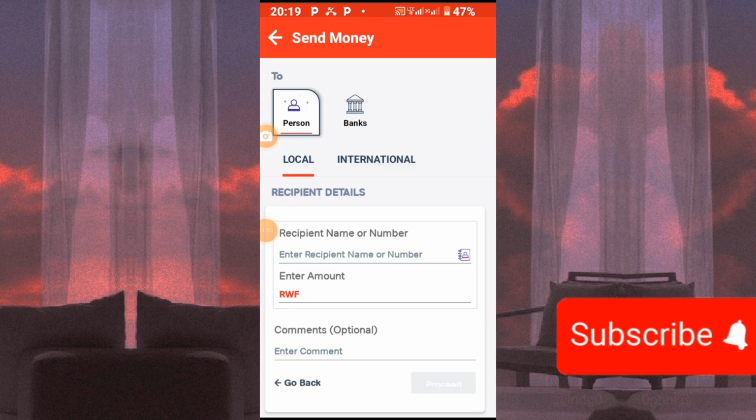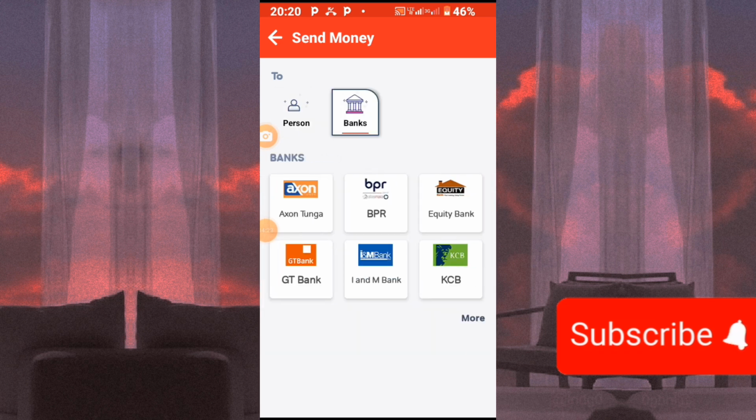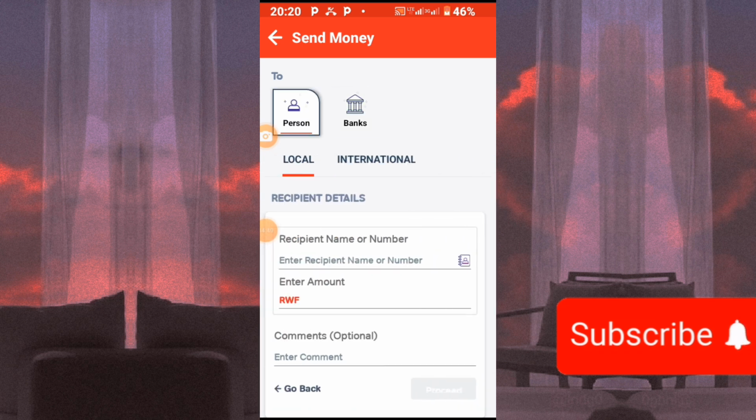After you click there, you will find two options: to send money to personal, that is locally, and to send money to banks, that is internationally. Once you click on the bank, you can see the different banks. For those who use Equity Bank, you can use. For those who use KCB bank, and so on. But when you want to send money internationally to different countries, you will just come here